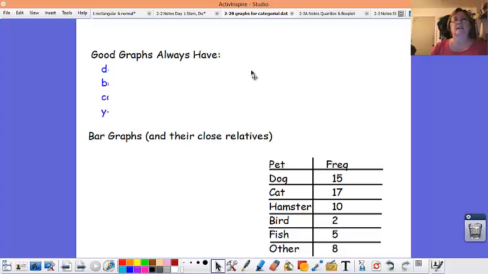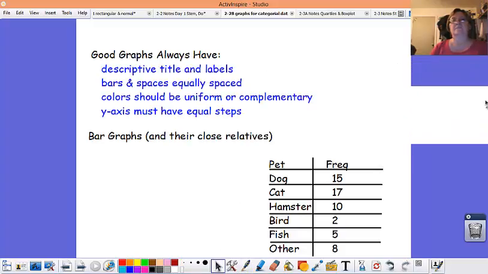Good graphs should have descriptive titles and labels, bars and spaces equally spaced out. Units should go up equally. Colors should be uniform or complementary. When I say that, this is my preference. Okay, the thing is to show your data in a